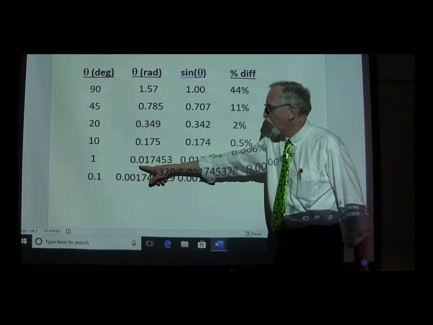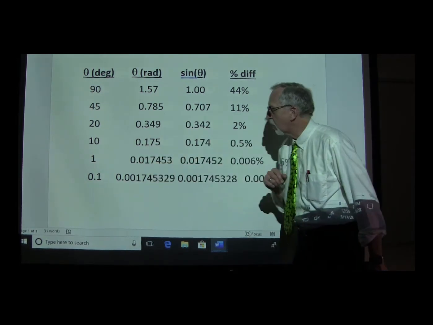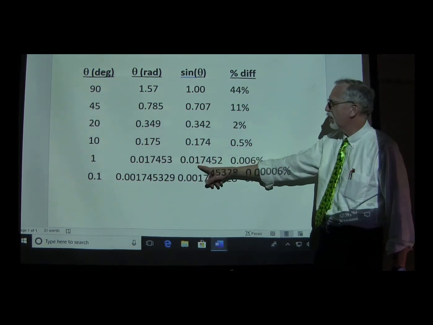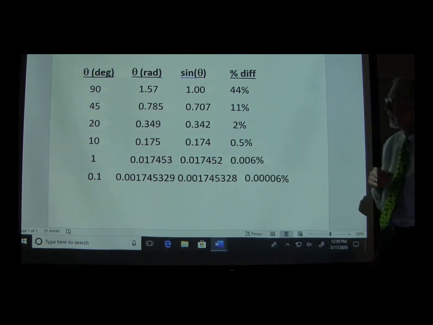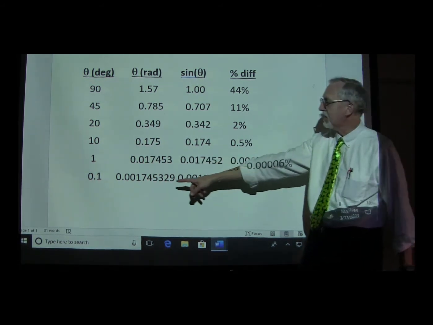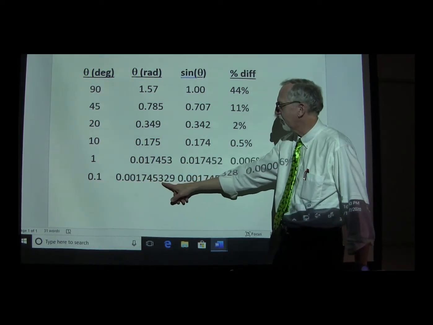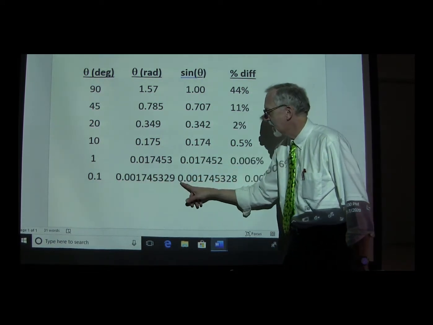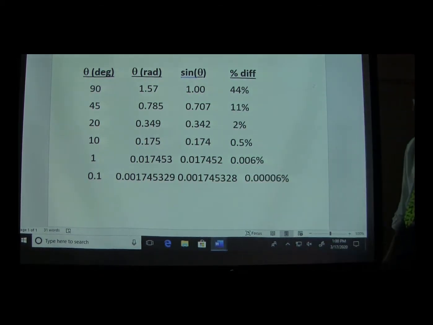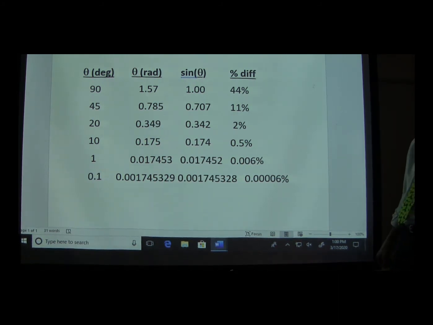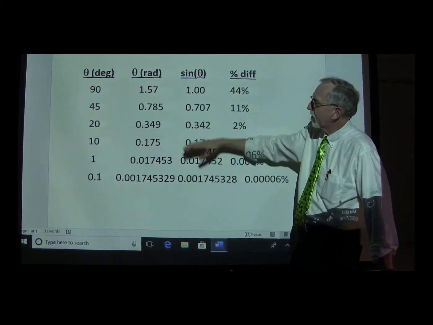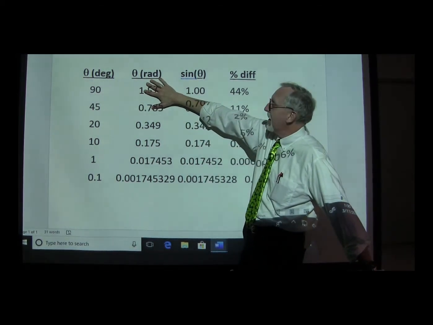A smaller angle, 1 degree, 0.017453 radians. Sine of that is 0.017452, which is only a 0.006% difference. Some very small angle, 0.1 degrees, which is 0.001745329 radians. The sine of that, 0.001745328, or a 0.00006% difference. What we see is that the smaller the angle is, the closer the angle theta measured in